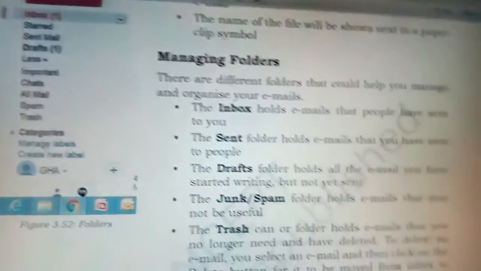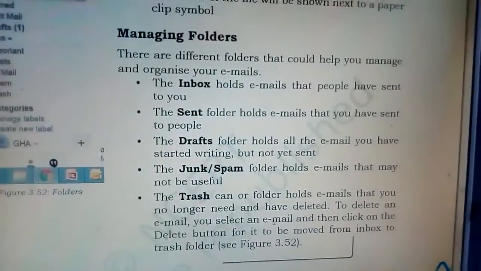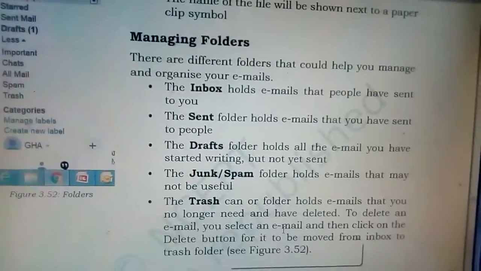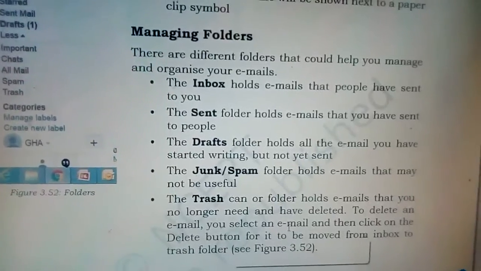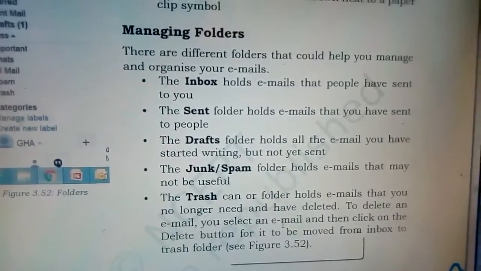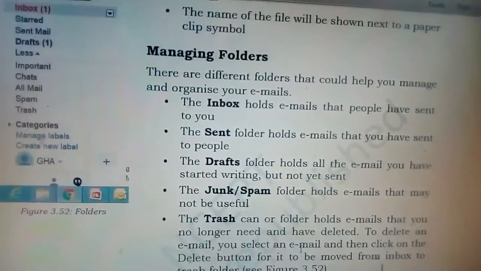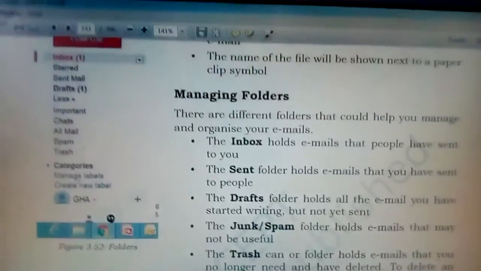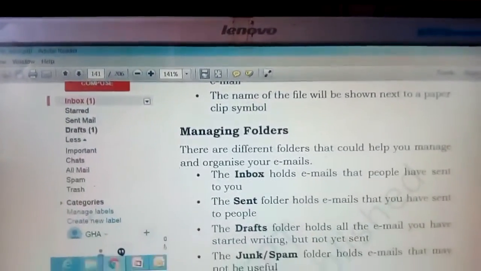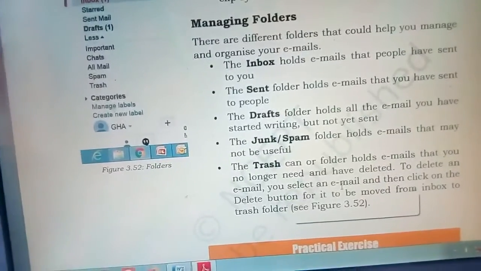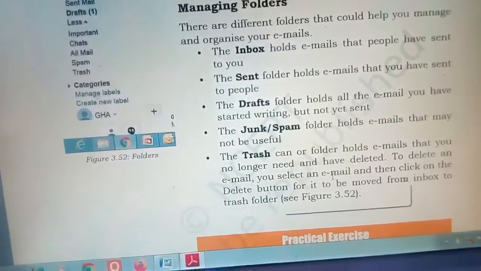Okay, so that's all for today. You do all the exercises of this chapter in your book, that is the checkpoint. You can see true, false, then questions. So do those things. Next day we will do the next session, and I will give you some questions from this chapter, and then we will start communication through emails.